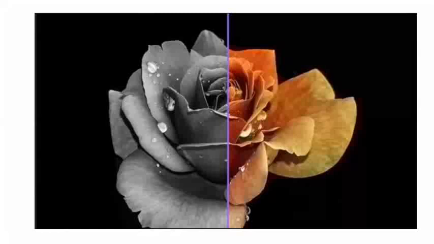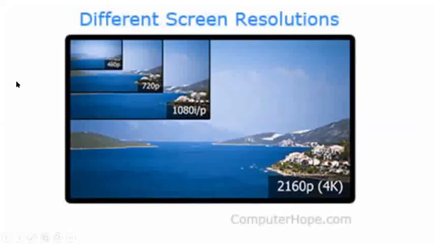The same image appears different on both the screens because of the colors, right? So now let's see how the resolution changes according to the screen. You can see as the size of the screen increases, the resolution also increases. That is why if I see the image on the mobile phone, it looks clear. But when I see the same image on my TV or my laptop instead of the mobile, it becomes blurry, right? That's why we need a higher screen resolution to display a clear image on the big screen.